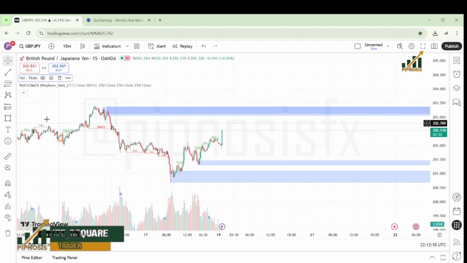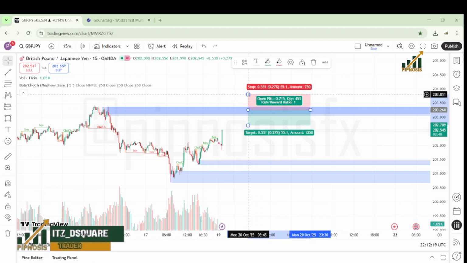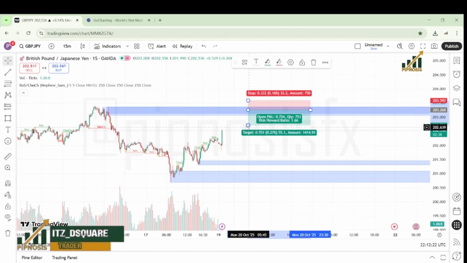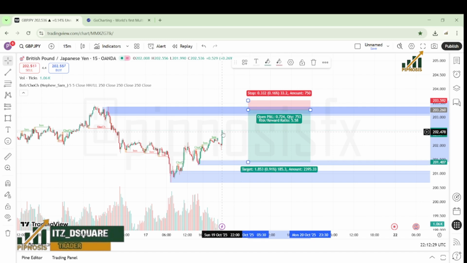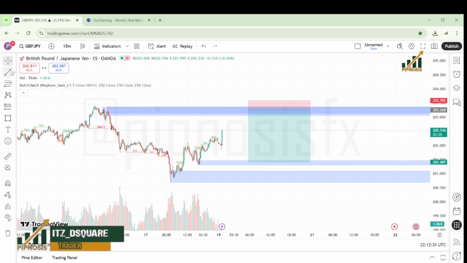So my entry would be around here, around this level. Then at the top, heading down to this OB zone, which I would possibly be looking for something like this,